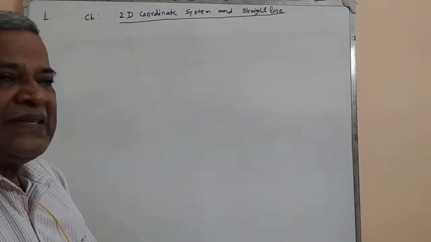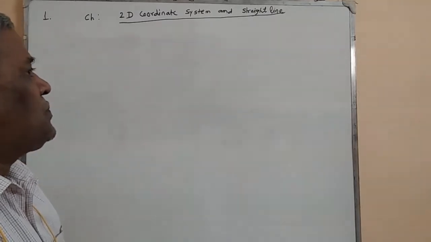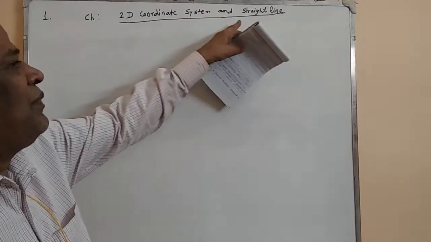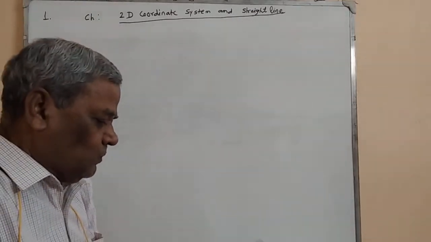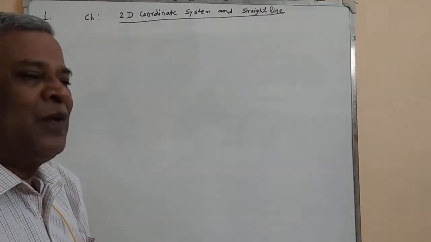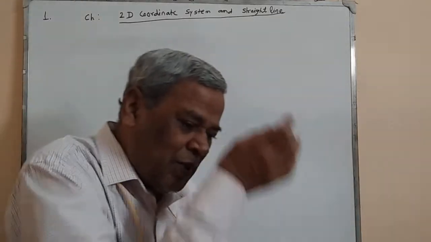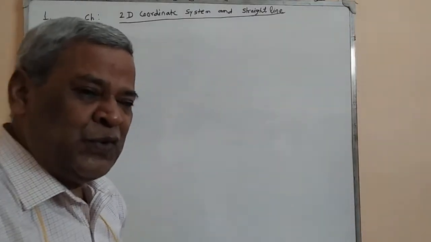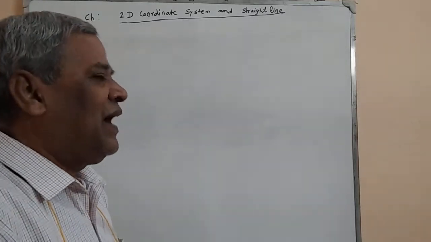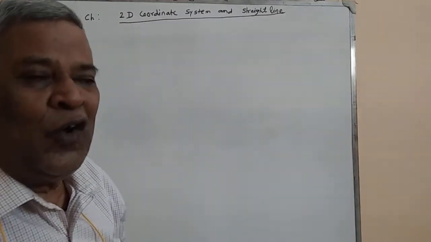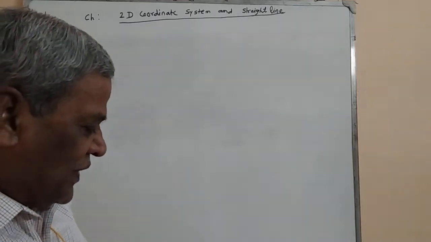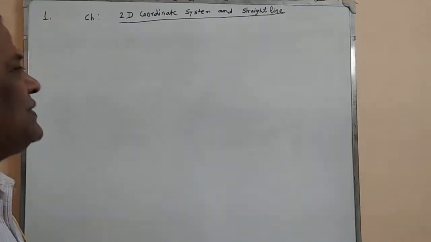Today we discuss a few important tips on the chapter 2D coordinate system and straight lines, and after that a few problems will be solved. Most of the problems we choose are from previous years, either IIT Main or different state level joint entrance examinations. Okay, first of all, we discuss